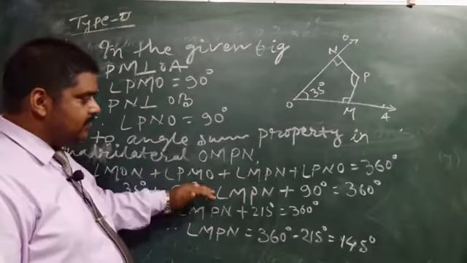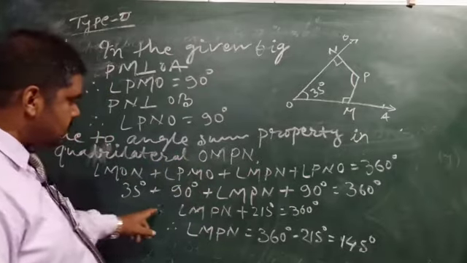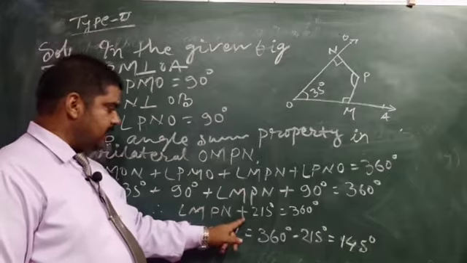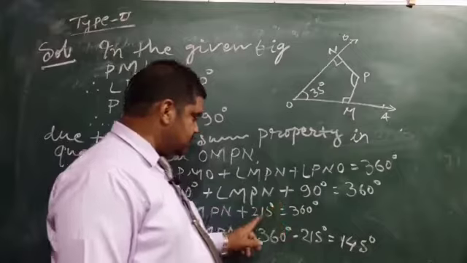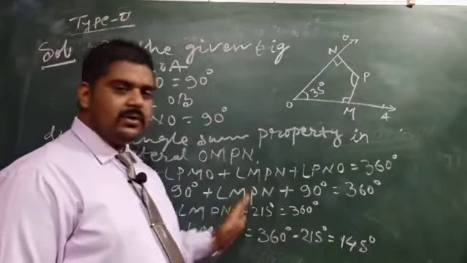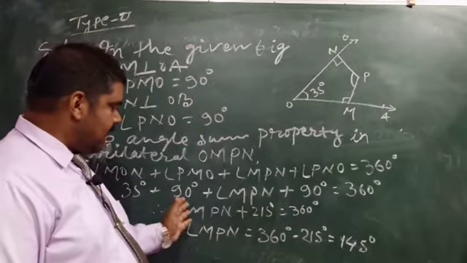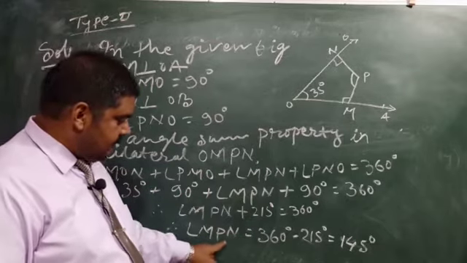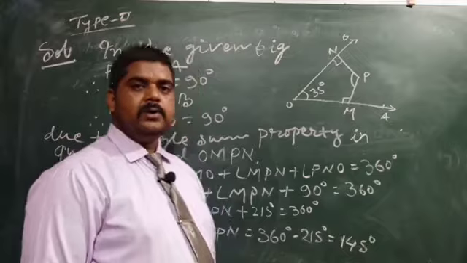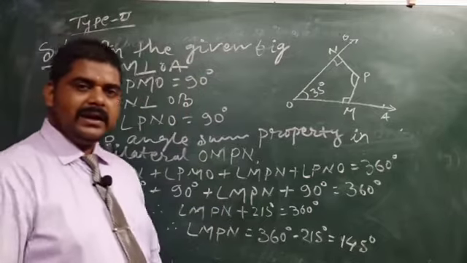Putting all the values, you have to find out angle MPN plus 90 plus 35 plus 90, which is 215, is equal to 360 degrees, and after transposing you can find out angle MPN is equal to 145 degrees. Hence the required angle is equal to